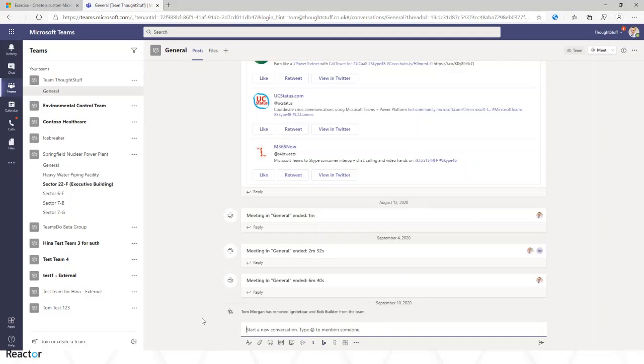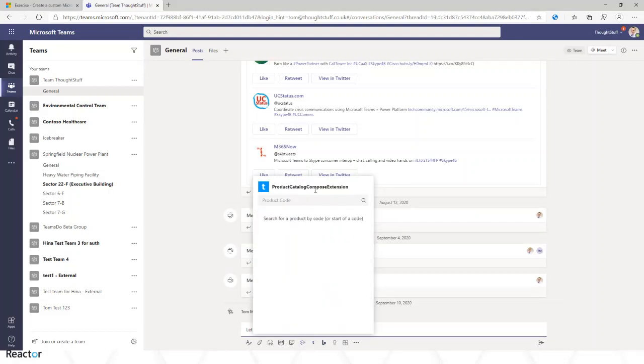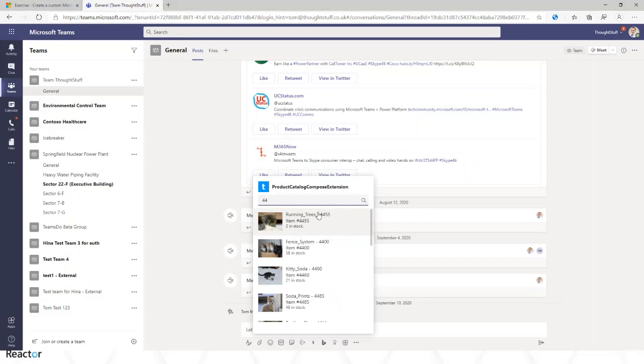That is a perfect thing to bring in as a messaging extension, because I can start a conversation now in Teams. Let's talk about this product, and I want to include some information about this particular product. These are fake products, just so you know. They're actually dynamically generated, so it can take a little while the first time. But let's pretend this is linked to my product catalog, so you can see the dynamically generated images. I can start searching for a product code that I know exists. Okay, perfect. This one, I can choose it.